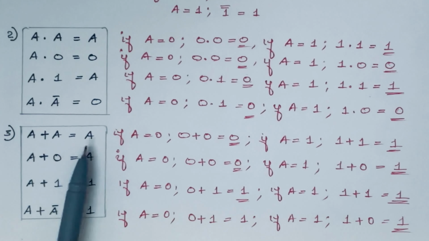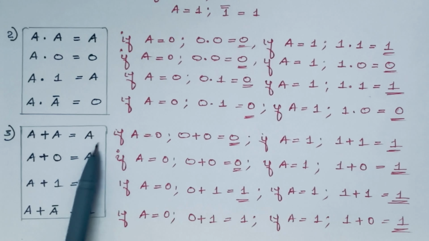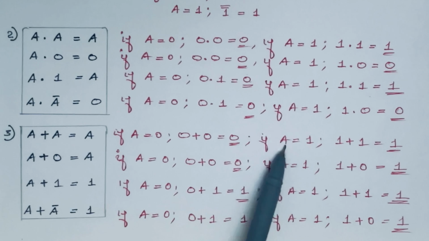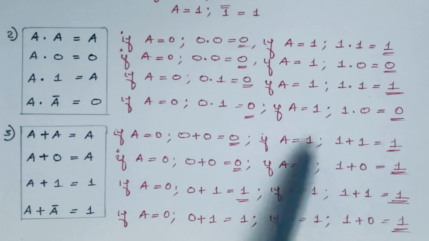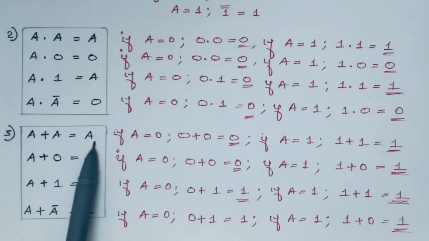Now we have a set of rules with respect to the OR operation. OR operation means logical addition. The first one is A plus A is equal to A. We'll see the proof. If A equal to 0, 0 plus 0 is 0. If A equal to 1, 1 plus 1 is 1. So if we are adding the same variable twice, that means A plus A, we are getting the same variable